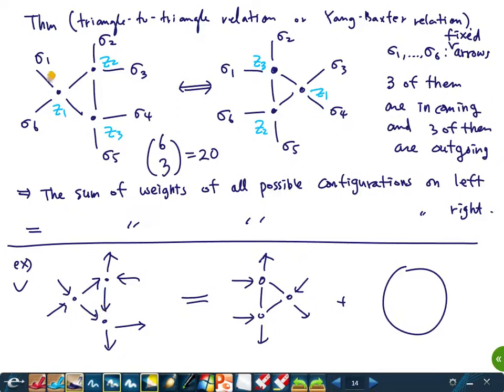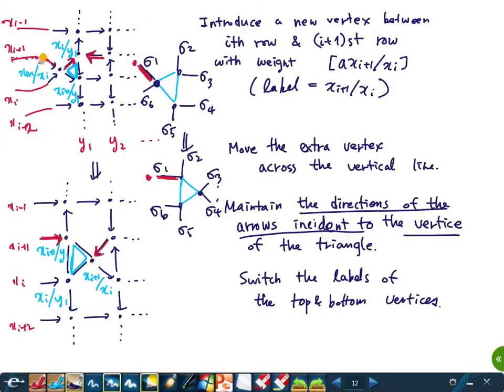No. Because in this case, they are fixed. But we will move this around, so sometimes they can be in any orientation. That's right. In this example, these arrows are special, but now we are going